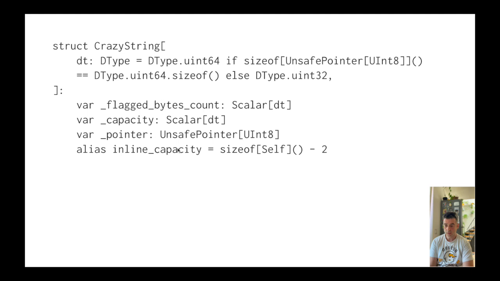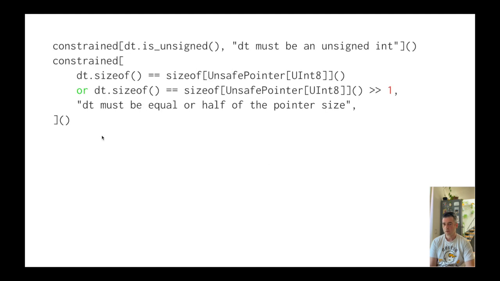Everything else stays the same. Because basically here, if we give it a different dtype, this size of self will compute the proper size. Anyway. Right, and then when we initialize, we would like to have a constraint saying that dt should be an unsigned integer,